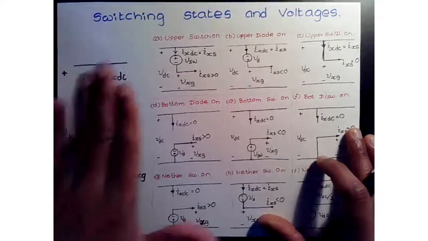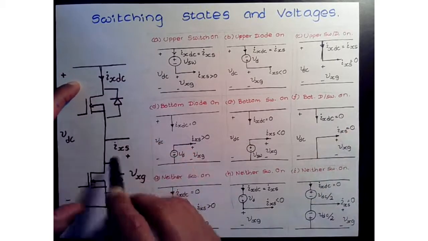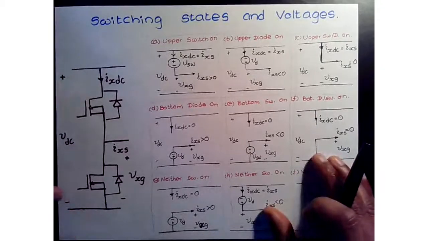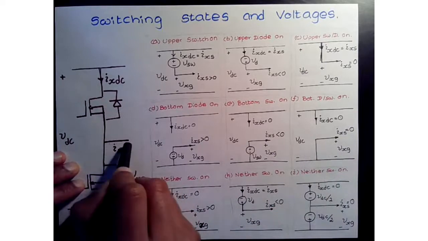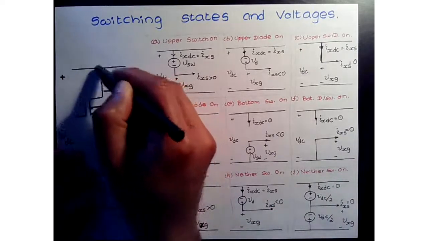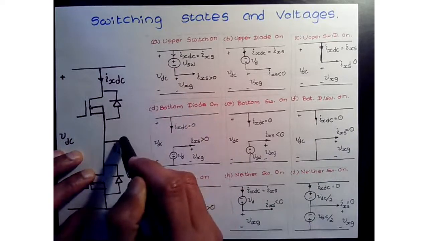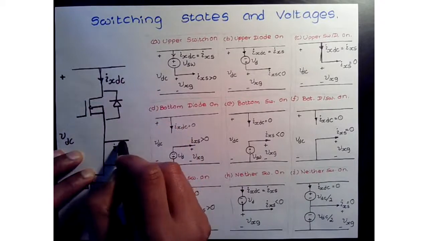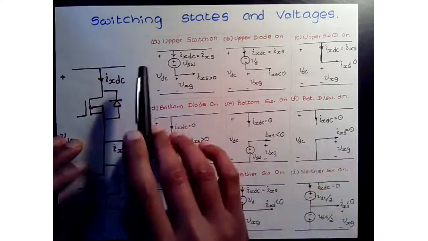Okay, so in order to look at the different switching combinations, we will just use one leg for now. Okay, and we're just naming them X because it could be A, B, or C. All right, and then we have a DC bus voltage, we have a current that's going in the phase, we have a current that's coming from the DC link. Okay, because not all the time the DC current is going to be the phase current. You have to be a little bit more careful there. Okay, all right. So first